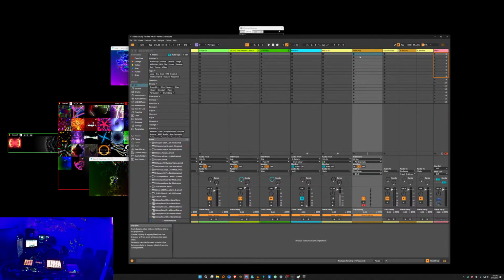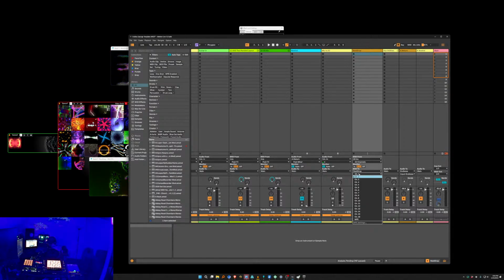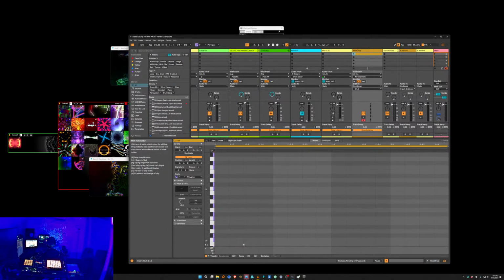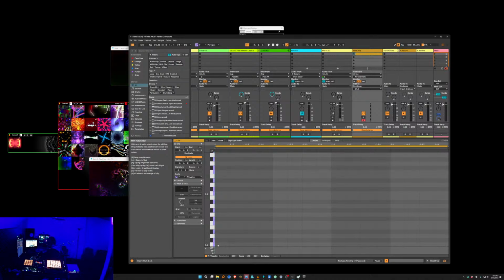And then I'm not going to map any CCs. I'm just going to map, channel 1 is fine. I'm just going to map starting at the lowest note you can do, C-2. I'm going to start with that, and then I'm going to go up. And there's probably a way to automate this, but